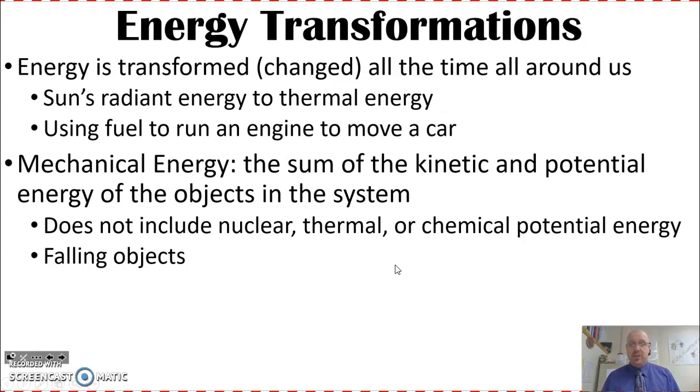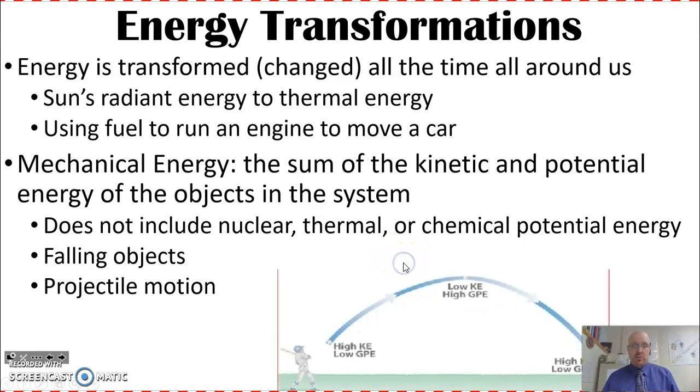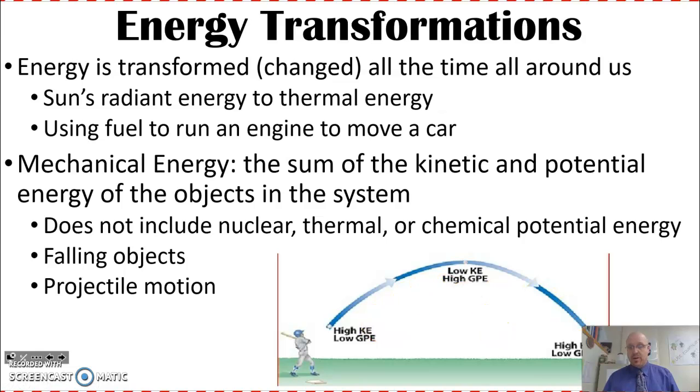We can use falling objects because we know they're transitioning from potential to kinetic as they fall. We can also look at this as projectile motion because we do have motion already as it's a projectile, and then we also know gravity is going to pull that back down, so we're going to trade that kinetic and potential energy as well. For instance, if we look at the baseball player here in projectile, he has very high kinetic energy, low gravitational potential energy because he's low to the ground. As the ball travels high through the air at the top of the arc, it's low in kinetic energy because it's at the top of the peak, and it's high in gravitational potential energy. And then as gravity pulls it back down, it converts that from gravitational potential energy back into kinetic energy.